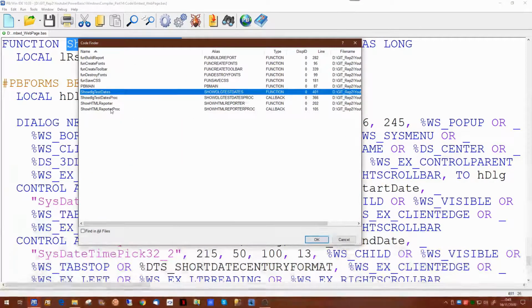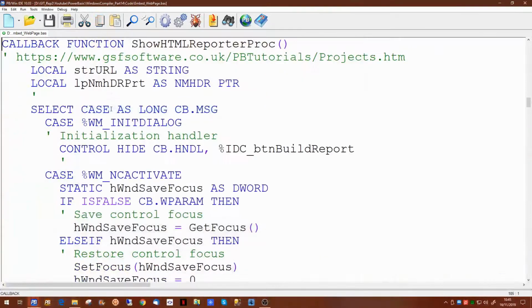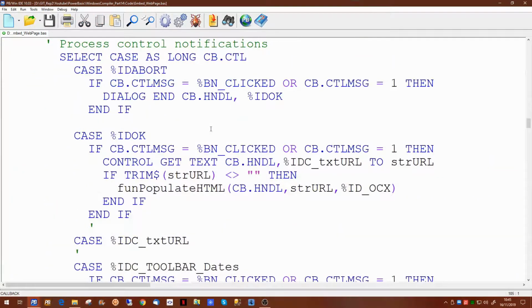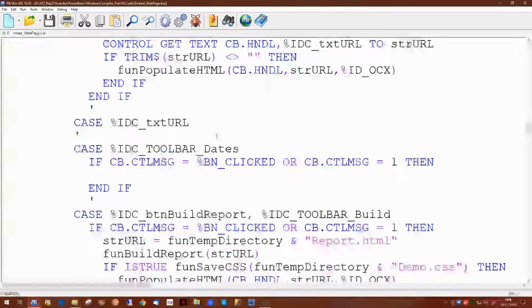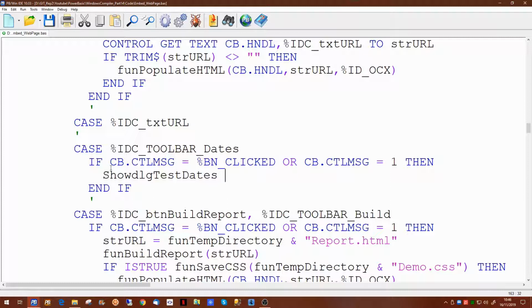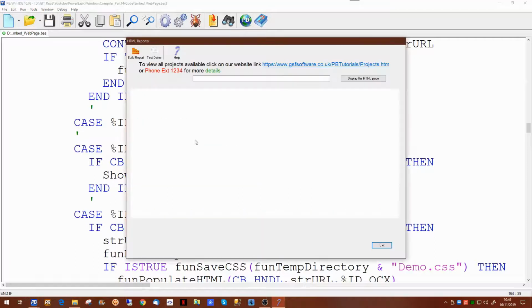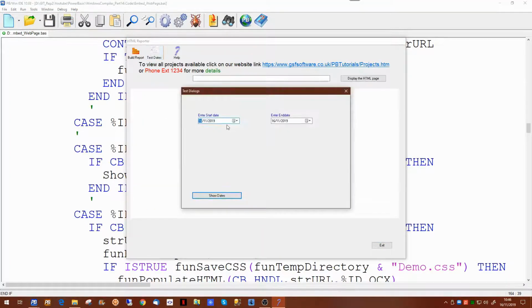We will get into the event handler in our main dialog, and down here where we'd put in the event handler for the toolbar dates, we will paste in the name of the function which shows the test dates, and the parameter it wants is the handle to the dialog we're currently in, which is CB handle. So if we run that now and click on our test dates button, our new test dialog comes up, and again you can quite happily nip in, change the date,